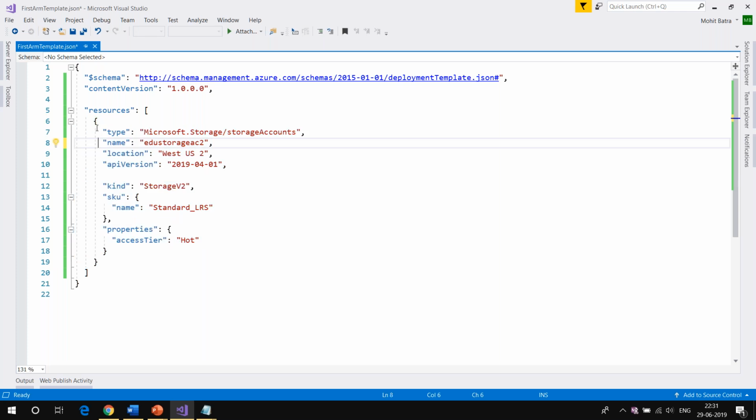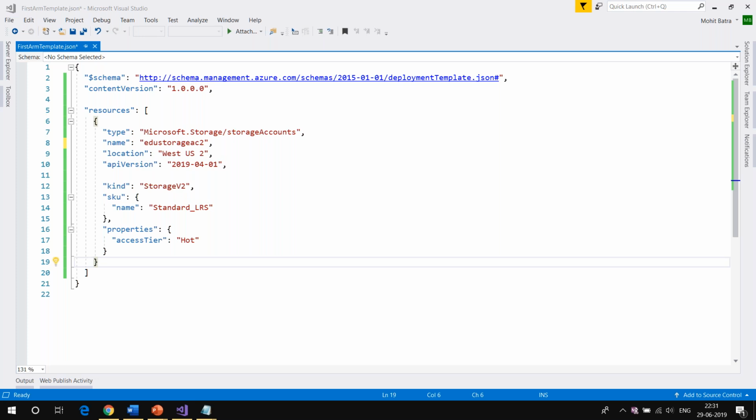But there is no nesting of resources in the ARM template. So if you want to create 2 storage accounts, you cannot nest that information. You're only going to provide a sequence of all the resources you want to create. But if you have a dependency that one should be created first, then the second one, we can handle that in ARM templates. Okay, make sense, Ashish? Let's see a couple more questions.